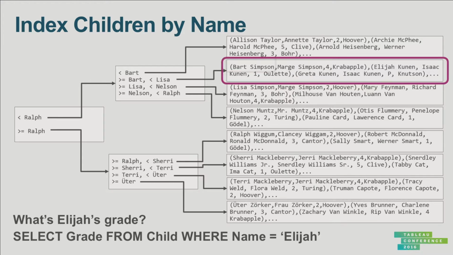And now I can walk through that. I can say, well, no, it's not Bart. Yes, there's Elijah, and there's the grade. Now I have to keep going. I have to look at the other records here, because there might be another Elijah. So I look at Greta, et cetera. So I'm done, and I get that one result. And I did a few disk reads. In this case, I did actually 3 disk reads to pull in those 3 pages.